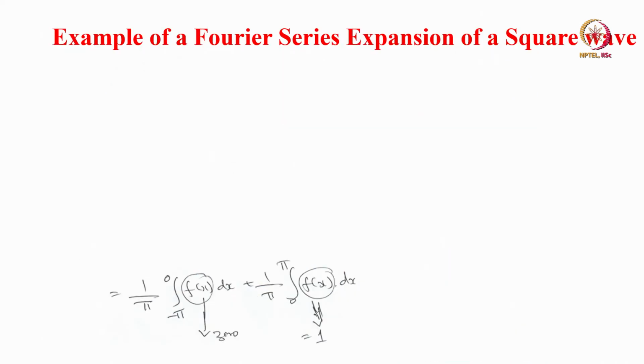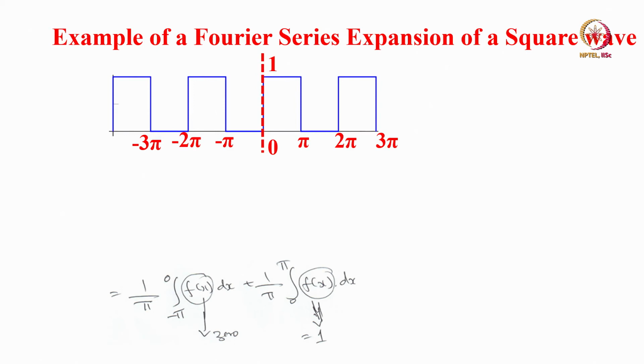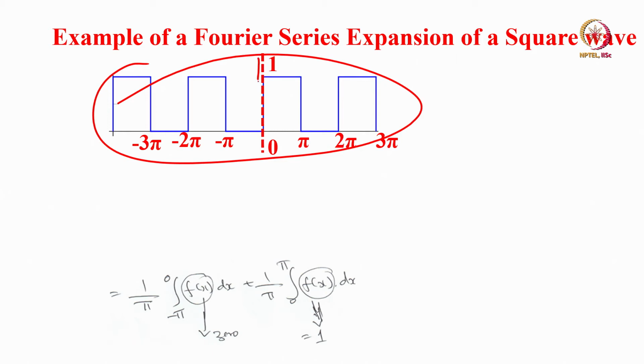Let me take an example of how to work out a0. It is only theoretically that I was explaining to you. Can we do it for a real function? Can you work out this Fourier series? Take an example of a square wave, which we discussed here, and remember it starts with 0 here. How do you define this function now? It has a value of 0 from minus pi to 0, and from 0 to pi it is 1. You can define this function.